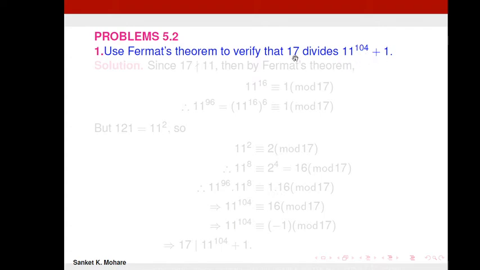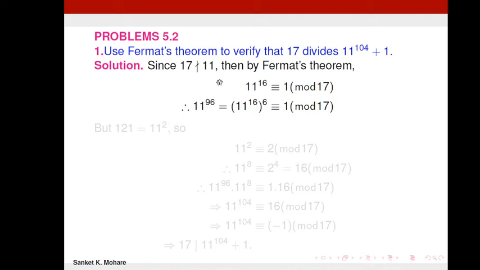So this is the application of Fermat's theorem. Now here 17 is a prime number, so clearly 17 doesn't divide 11. Here a is any integer, and an integer may be prime also. So since 17 does not divide 11, then by Fermat's theorem,